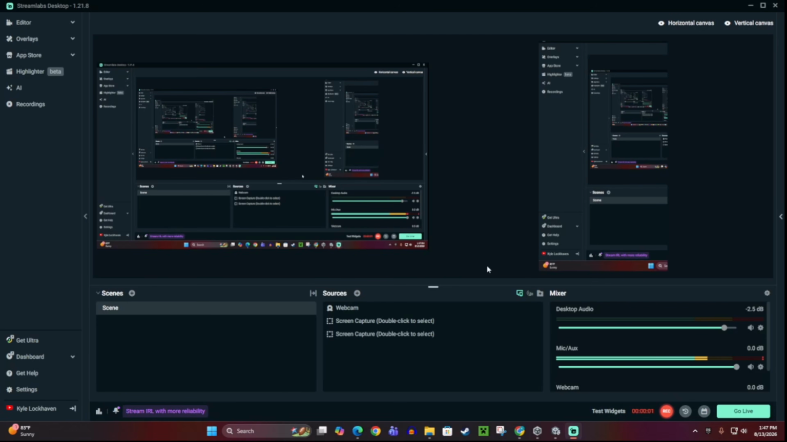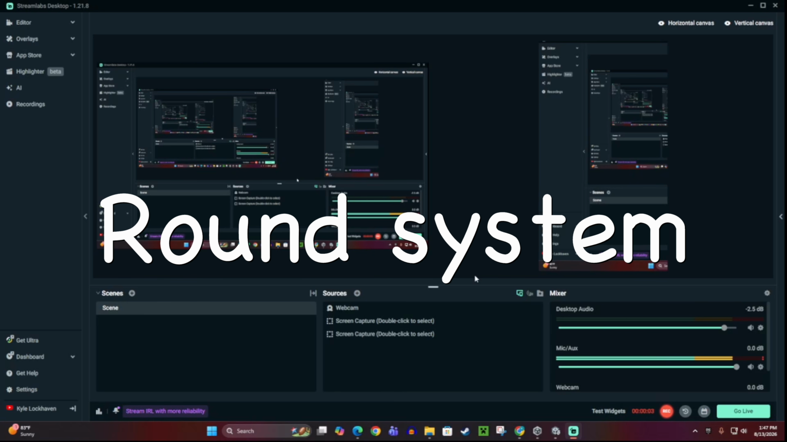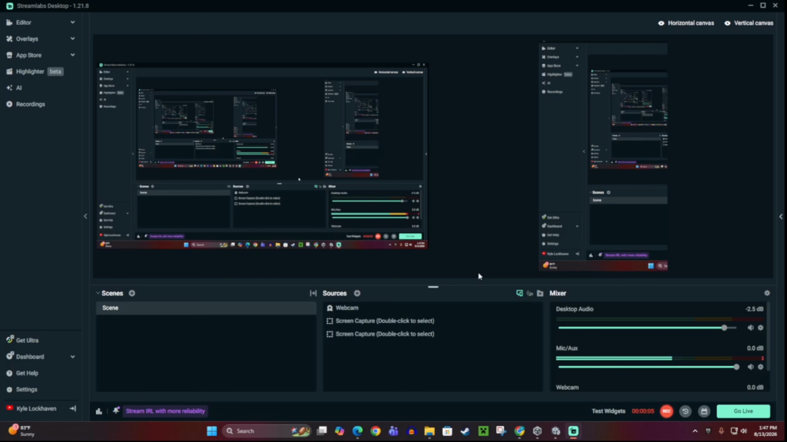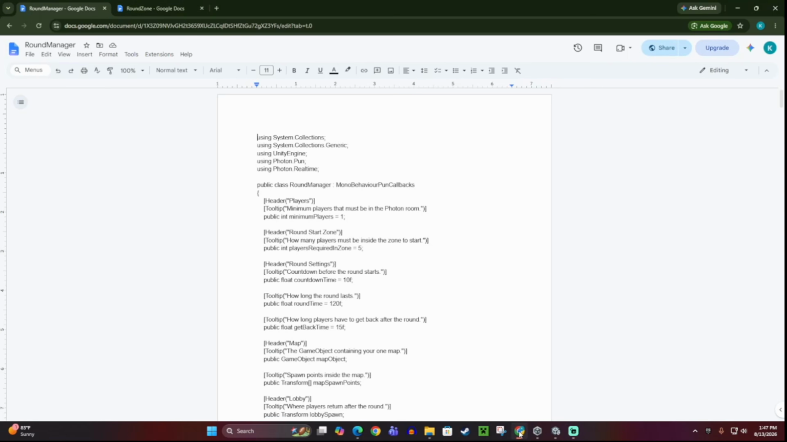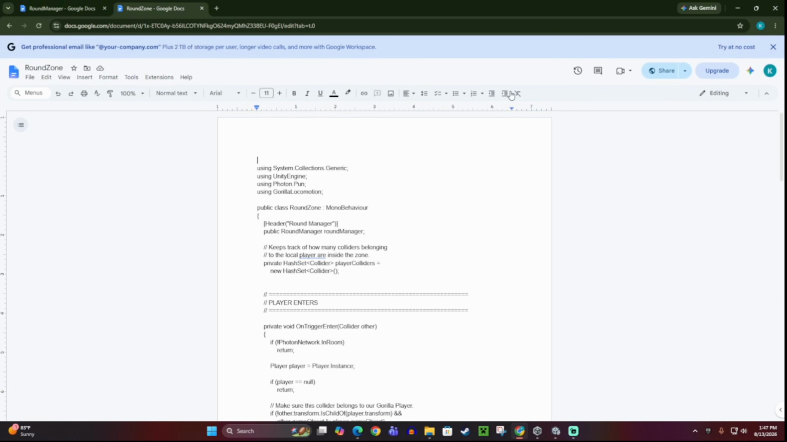Today, I'm going to show you how to add a round system to your Gorilla Tag fan game. This will not be covering a winner for the round system. If you really want that, I guess I can make another tutorial on it, but this is pretty much just the round itself. So the first thing you want to do: there will be two links in the description